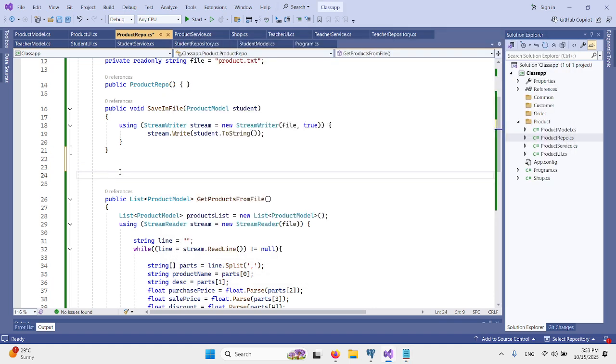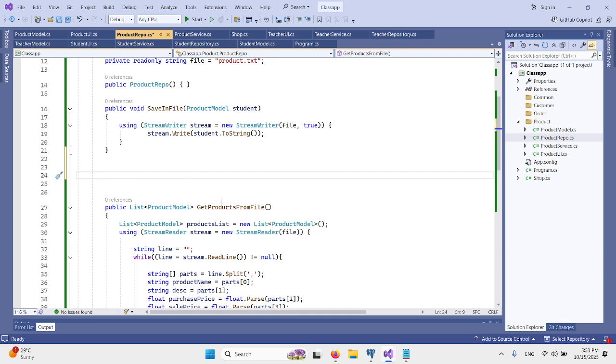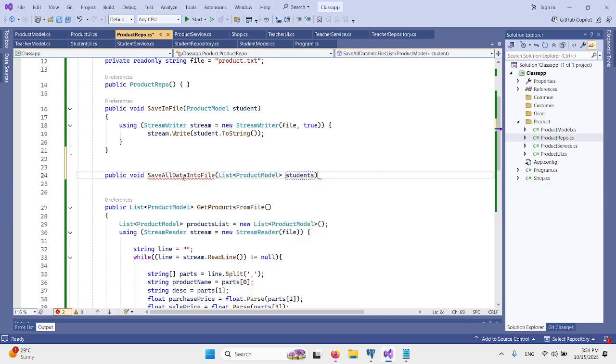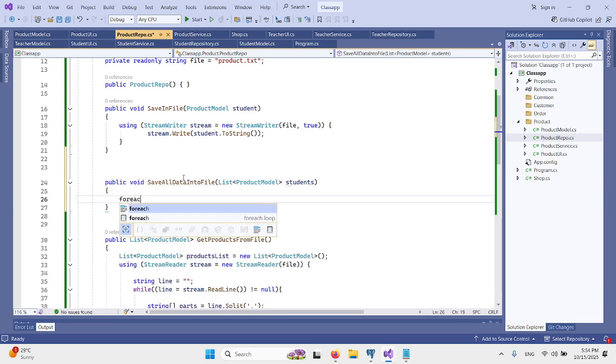How will you do it? So we have this function to load data from the file. Let's write a function, save all data into file. We will pass it a list. Okay, we will run a for each.